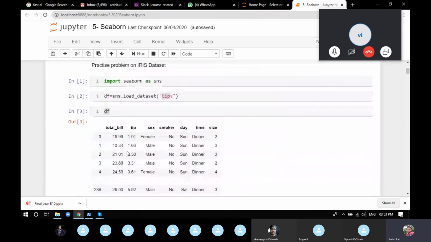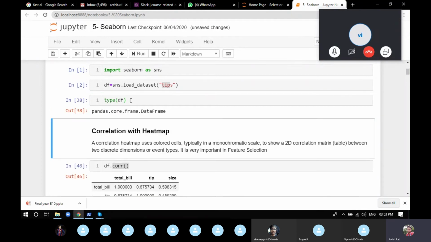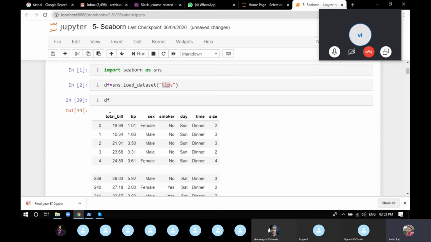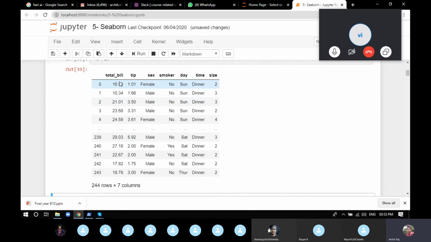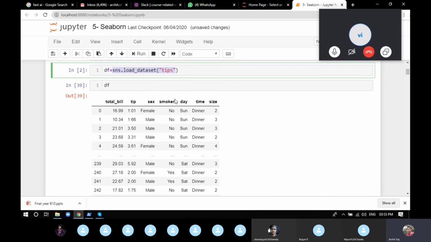If you use this particular function and check the type, you'll find a data frame. If you see this kind of data, with rows and columns in alternating dark and light shades, it's a data frame. That is what the output of load_dataset is: it's going to take the data and provide you a data frame of the data set.